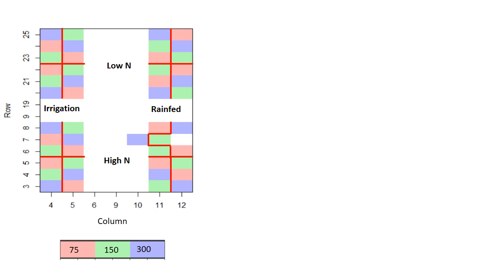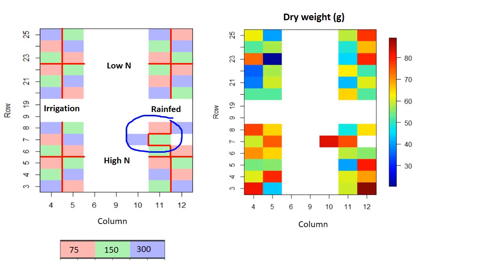Before doing the analysis, we should check the data by running some preliminary data analysis. If the rows and columns are recorded, we can create a heat map to check the experimental layout. From this heat map, we can see that there is a misalignment of column in one of the replications due to a mistake during planting. We can also see that the treatments are properly randomized. There is no pair of treatments that always occur together. It seems there is no spatial trend on the dry weight.